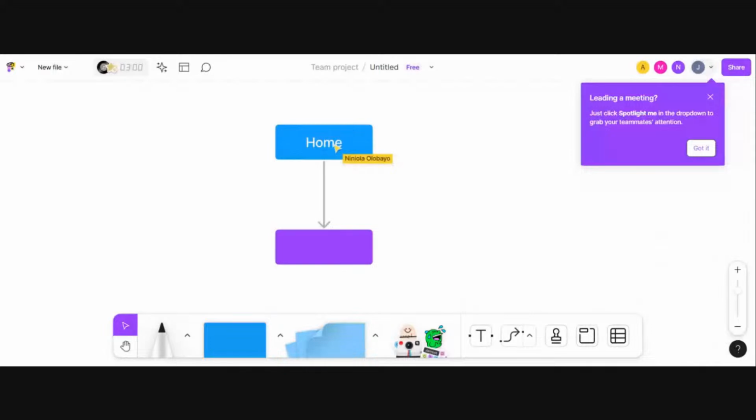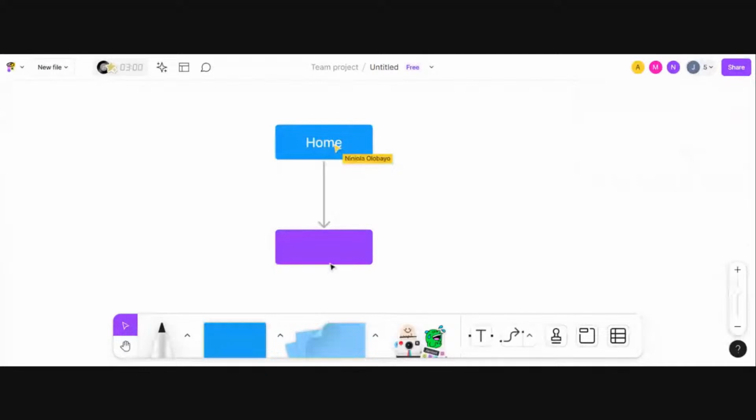All right, great. So we are trying to create a sitemap for, let me just say, maybe an e-commerce website, right? So let me create